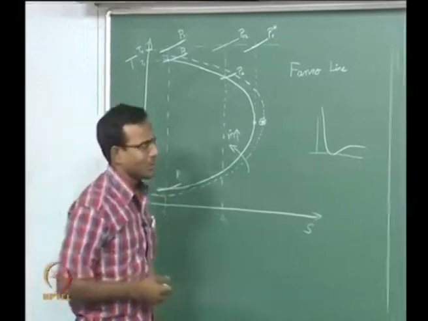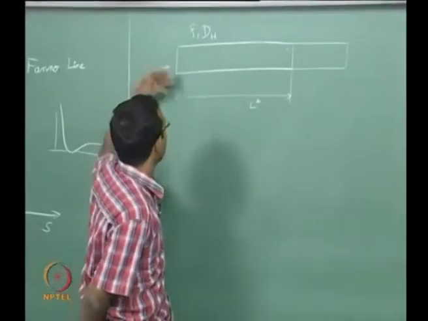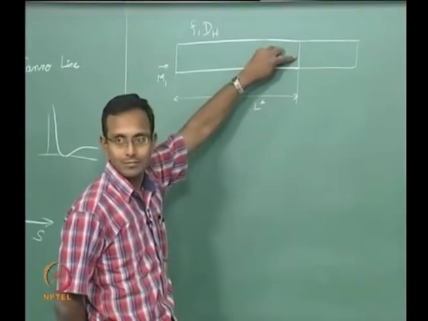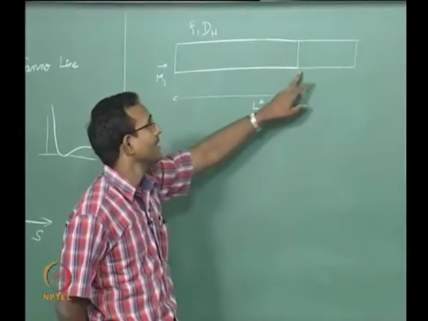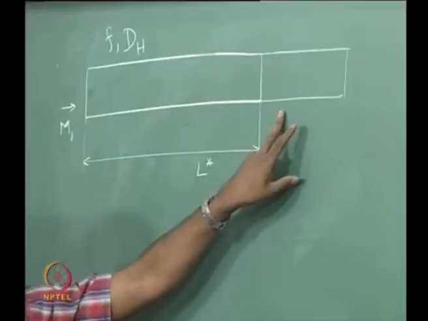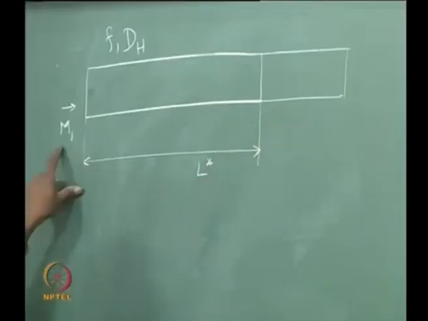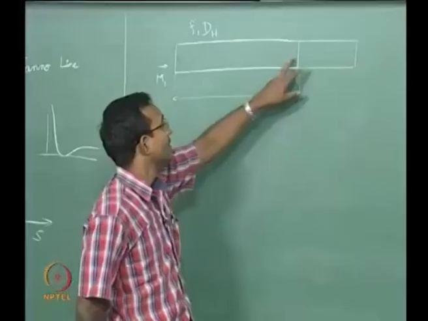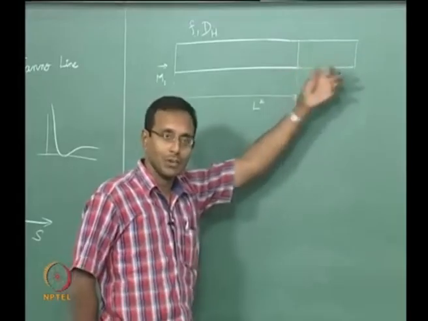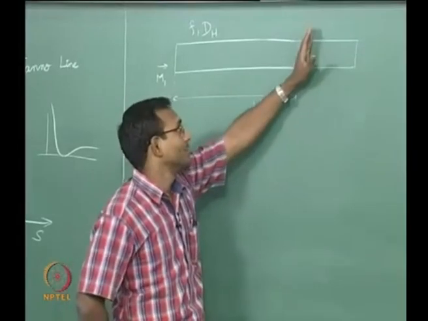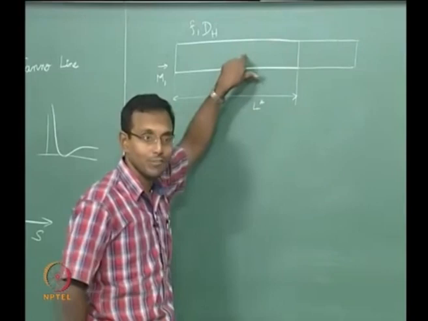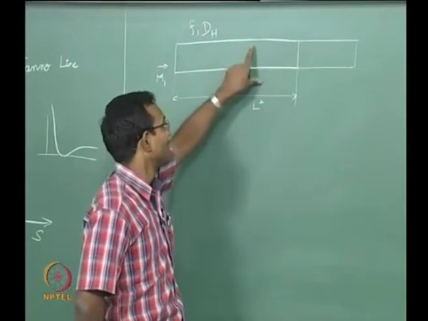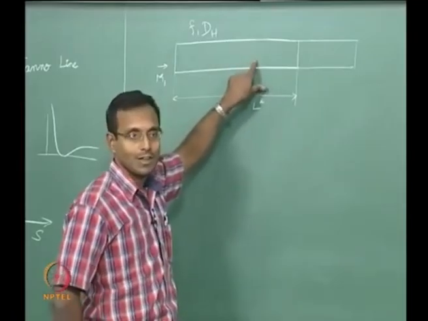Now I will go back to that and look at what happens when it is supersonic flow. If I have supersonic flow and it is coming to M equal to 1, let us say here, okay, and I suddenly increased my duct length. Let us say this is my L star, M1 is now greater than 1. For a given f and d, I have some flow, and I increase my length. What will happen? Again, there is going to be retardation of flow, so there will be compression waves going in. But it is supersonic flow. When there is a bunch of compression waves going in, they will come together and form a shock,